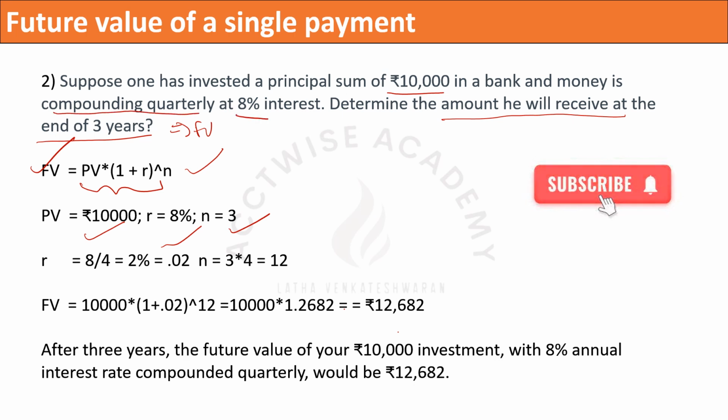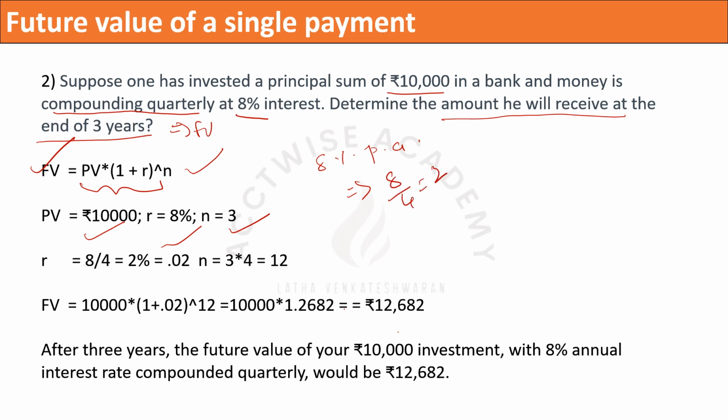That is, 8% is for 1 year per annum. How much is it for 3 months? 8 divided by 4 is 2%. As it will compound 4 times in a year, we are dividing it by 4. So 8 divided by 4 is 2%. Okay, similarly, N is 3 years. Since it is compounding quarterly, it should be 3 into 4, 12 times. So N becomes 12. So FV is equal to 10,000 into (1 plus R) where R is 0.02, to the whole power 12,